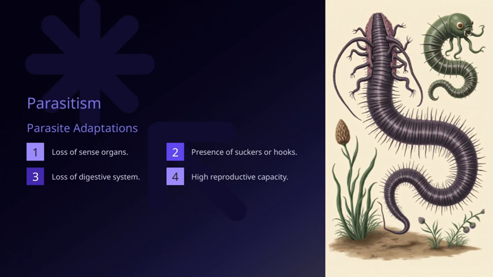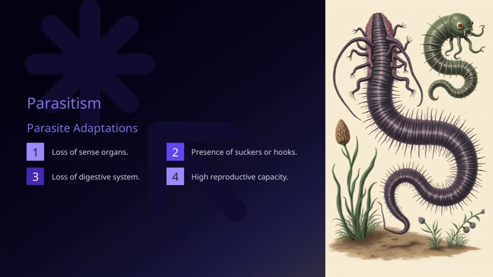Another fascinating adaptation is the loss of their digestive system. Since many parasites live inside their hosts and rely on the host's nutrients, they don't need a complex digestive system of their own. This streamlining saves energy and resources. Similarly, some parasites have lost their sense organs altogether. Because they are often in a stable environment within a host, they don't need to navigate or sense their surroundings